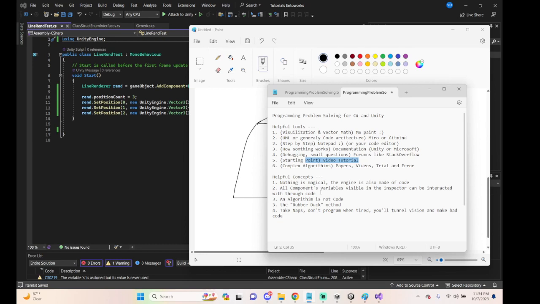Yeah, and also it's good to keep in mind code architecture, and there are tools that can help you with that, like Mirror or Gitmind, and then just, yeah,